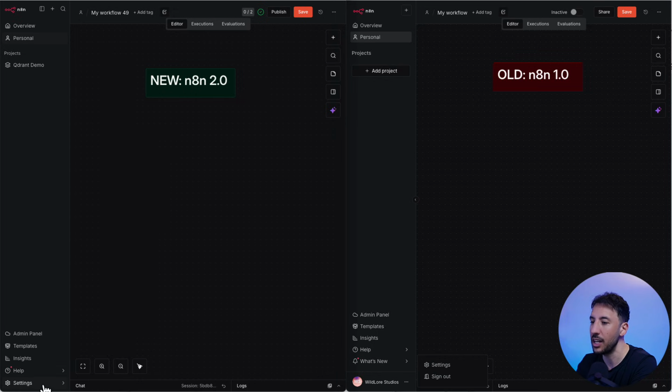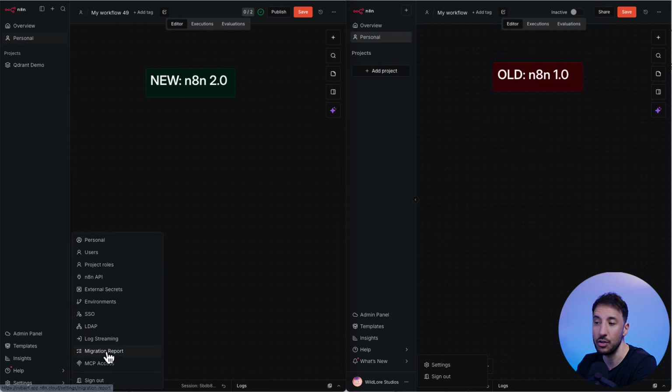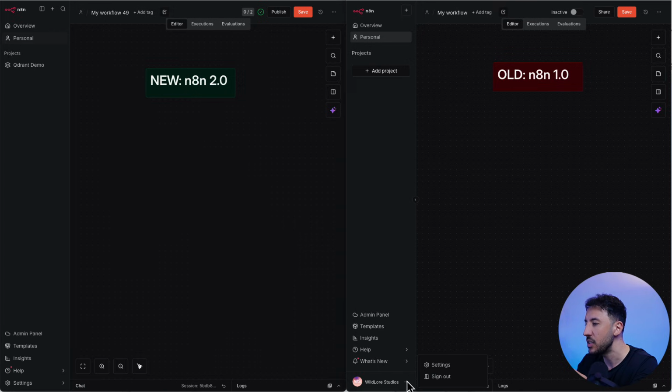So all you have to do is come to the bottom, click on settings, and everything else shows up. This is really cool, actually. I really like this because now you automatically have access to adding MCP access or going directly to SSO. All of these different setting options are available right here